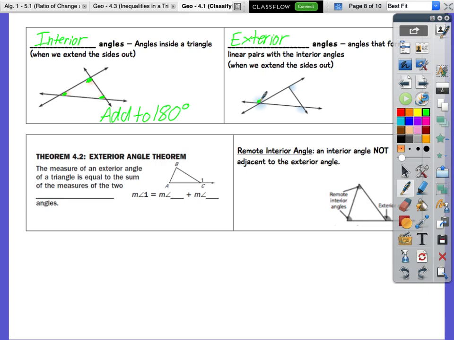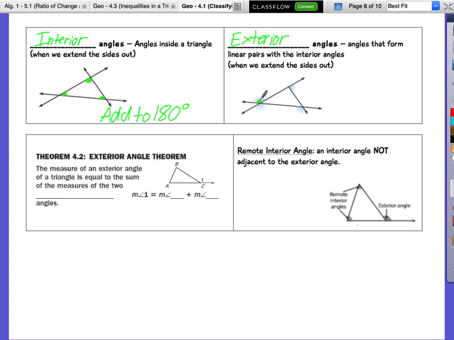Okay. So for the exterior angles, we would want this one, and this one. The reason why I chose those three is because they're exterior, they're outside the triangle, and we do not want them to be on the same side. I can also pick this one, but then this one and this one would be on the same side of the triangle, and we don't want that. We want the exterior angles to be on different sides of the triangle.